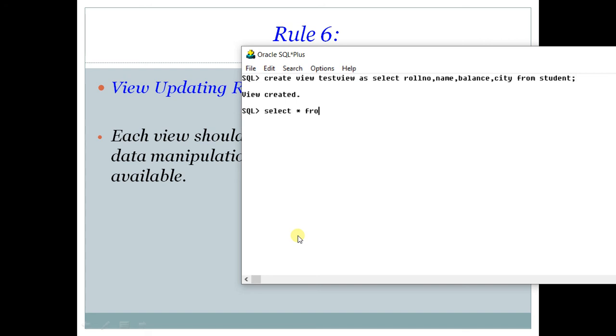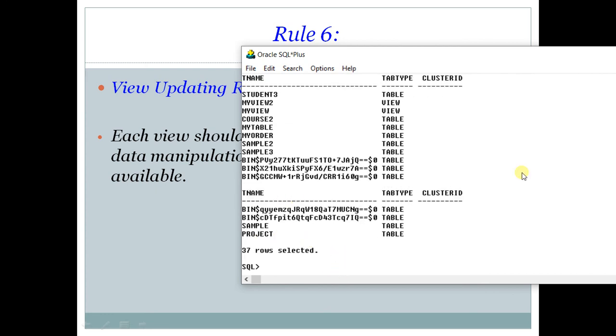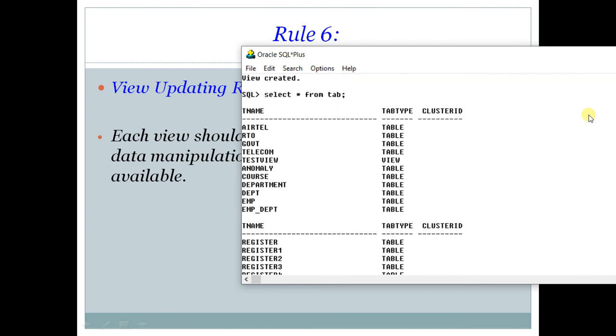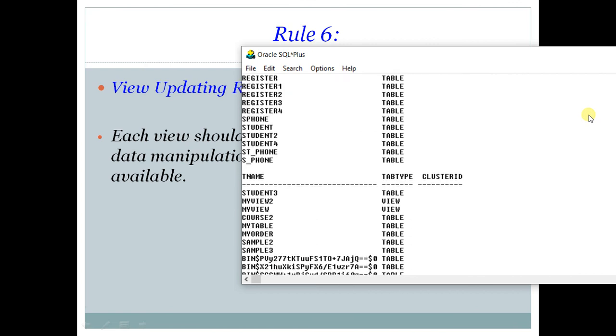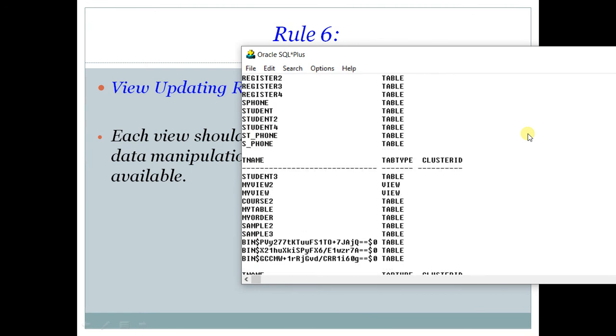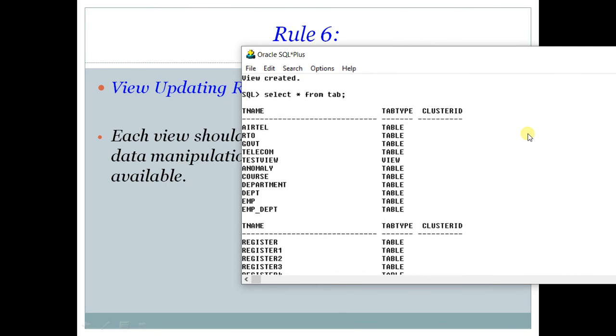Now if you see the list of the tables, select star from tab, you can see a view has been created with the name test view.